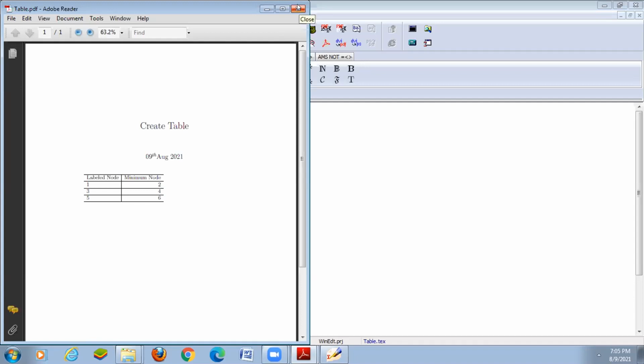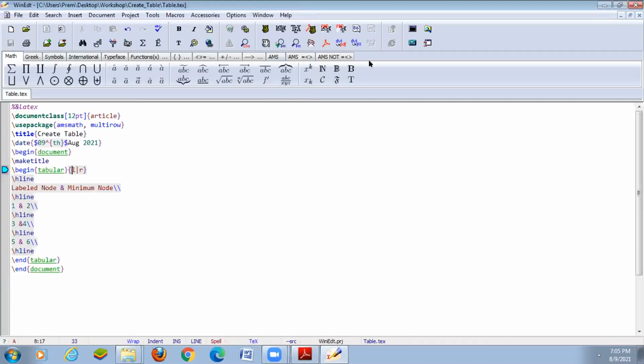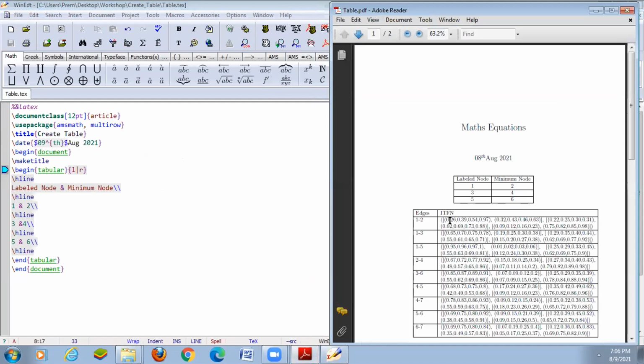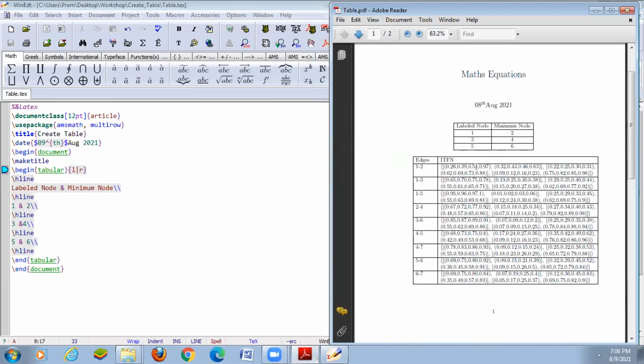Suppose we want paragraph alignment, suppose we want the biggest table, for example, displaying that. Okay. So if we want the biggest table in your output, that's what we are using paragraph alignment for. Suppose you have to type an element in your table, the element can be displayed outside of the table. So I just have to show that.